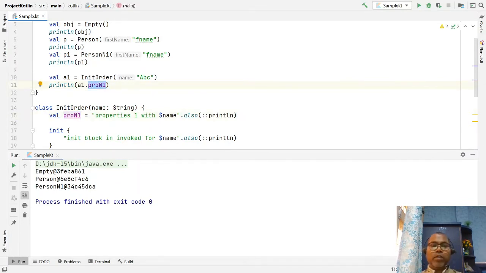This property you can access here. So this is the way you can create any number of init blocks.